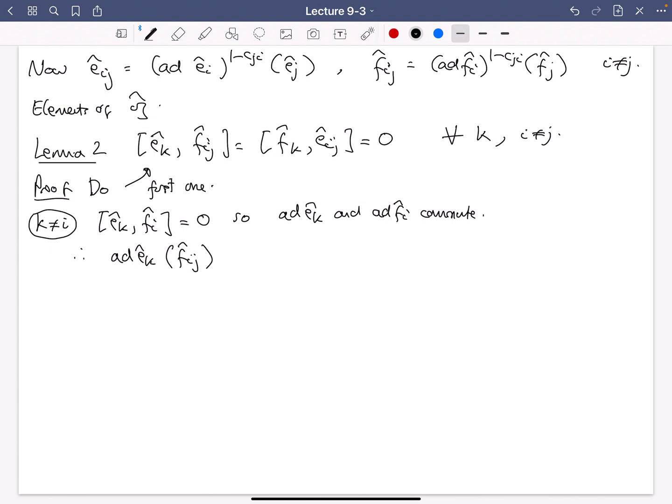So now I can calculate this guy, because Fij hat is a bunch of ad Fi hats applied, and then I've got to apply an ad Ek hat, but they commute. So I can just move it all around and do the ad Fi hats out the front, and then do the ad Ek hat inside. And well, that's already 0 if k doesn't equal j, but if k equals j,